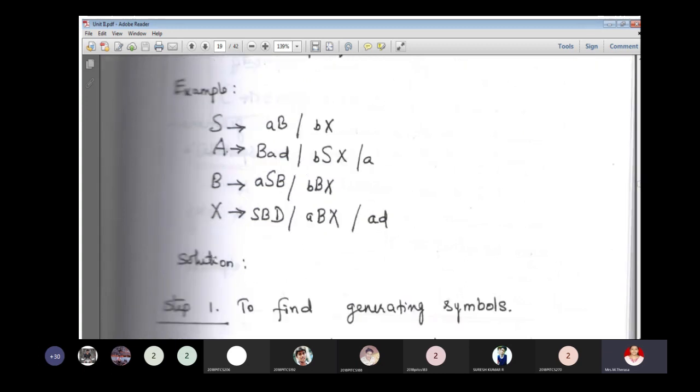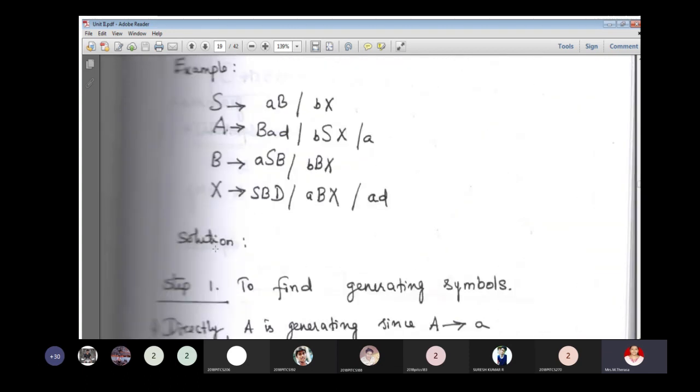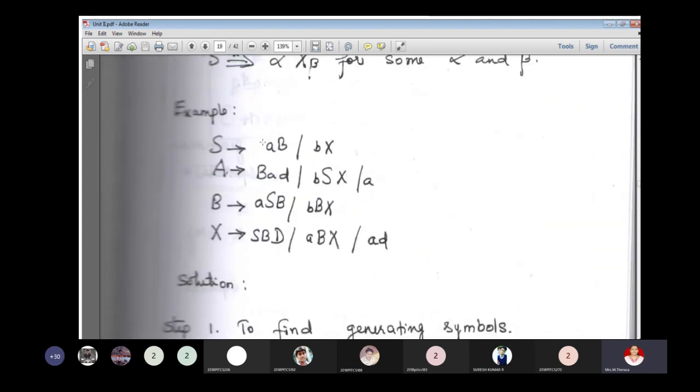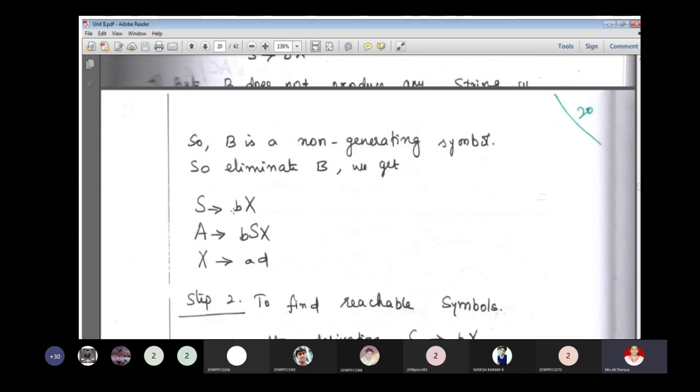But this B is not generating. So what you have to do is eliminate B. So you have to remove wherever you have B. So you can eliminate this production and this production and the complete B production, and then these two things. Wherever you have B, you can eliminate. Okay. So that you can rewrite the grammar as S tends to Bx, A tends to Bsx, and X tends